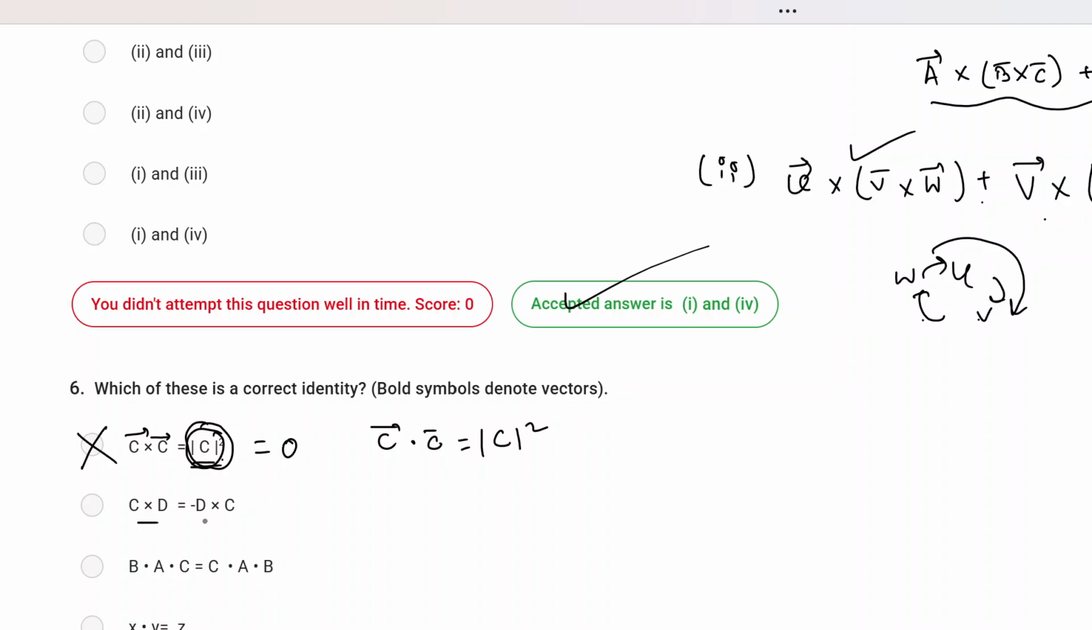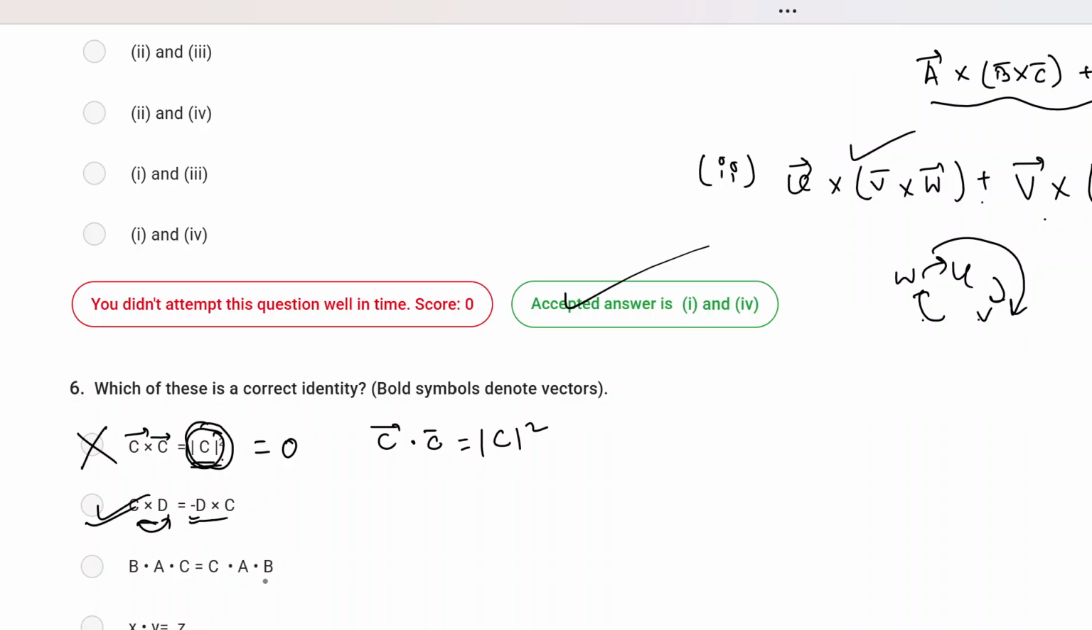Then C cross D equal to minus D cross C. This is also something that I told you just in the last question. This is obviously true, because whenever you change the sequential order of the cross product components, you get an additional minus sign. That is how C cross D equals minus D cross C. This is true. Then B dot A dot C equal to C